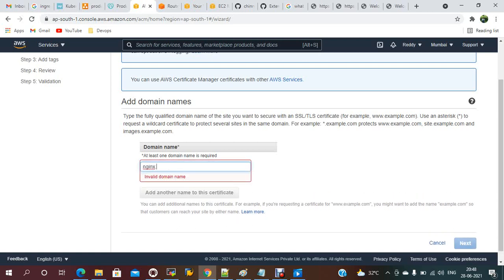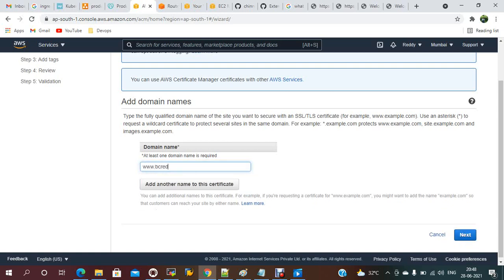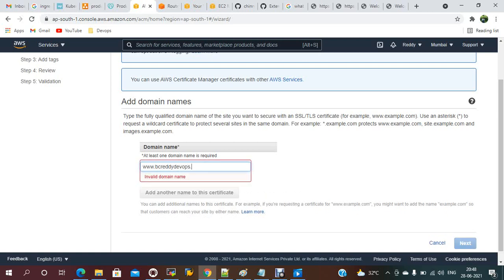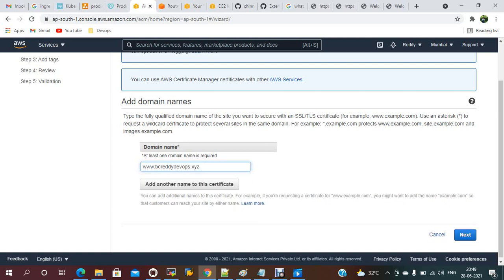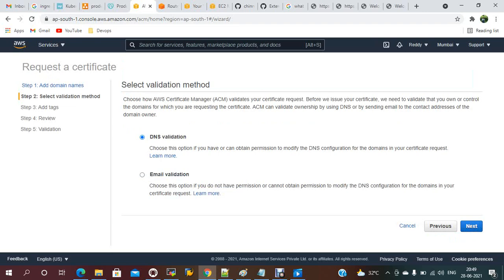Nginx some domain like www.bcreddydevops.xyz. I purchased this domain, and add another name to this certificate. I don't need anything. And DNS validation.